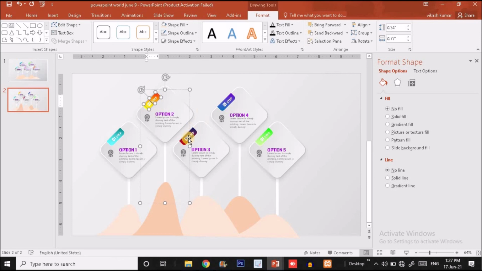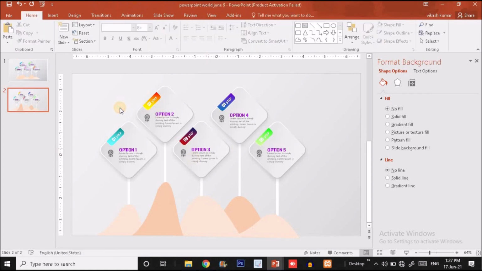Option 2. This will be step 2. So I'm going to make it step 03. I'll make it step 04. And I'll make it step 05.